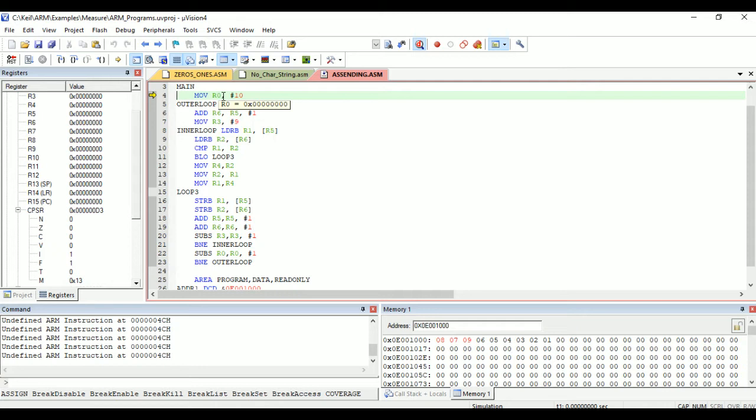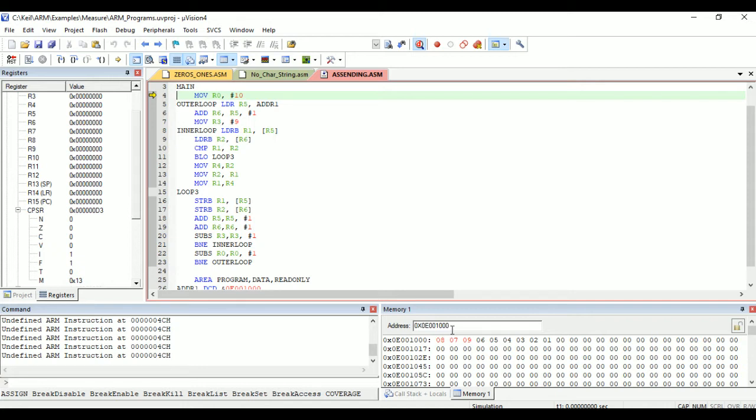We put R0 with a counter of 10, which means it executes the outer loop. The outer loop address starts from the R5 register. So we have put this address like this,